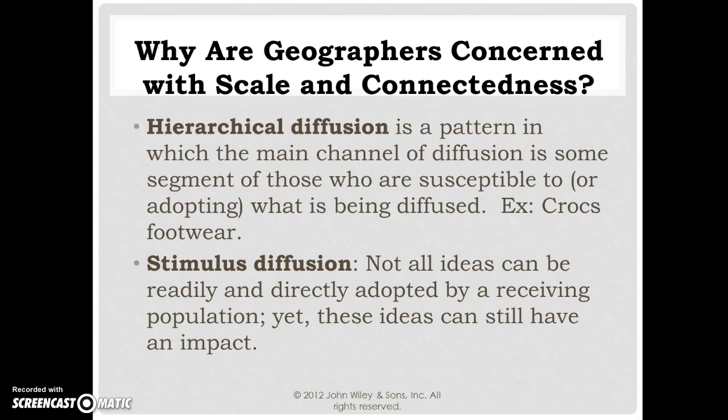I personally, when I think of hierarchical diffusion, tend to think of things like the iPhone, right? The first people to go out and buy the iPhone are always the ones who are the most susceptible to wanting spiffy, cool new technology. After that, then we get our later adopters. So it kind of spreads down the hierarchy as those first folks get them and they think they're cool and they try them out and they help work out all of the kinks. Then it spreads outwards from there. I like to think of hierarchical diffusion as being kind of like a triangle, and it starts at the top of the triangle and spreads downwards from there and spreads out from there.